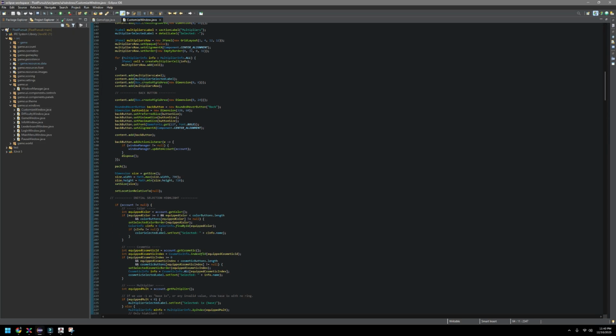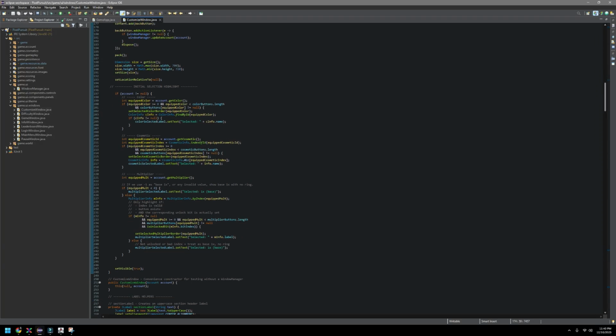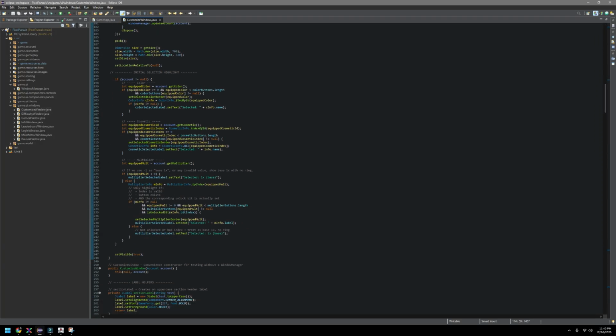Then we have a back button, which is one of our rounded hover buttons that scales as you hover over it. So that was nice. We got to call the hover button and build that. And then we have our initial highlights. This part was a little tricky because